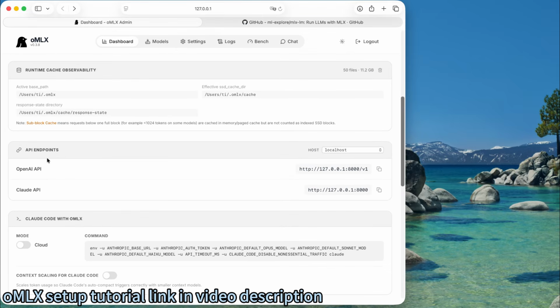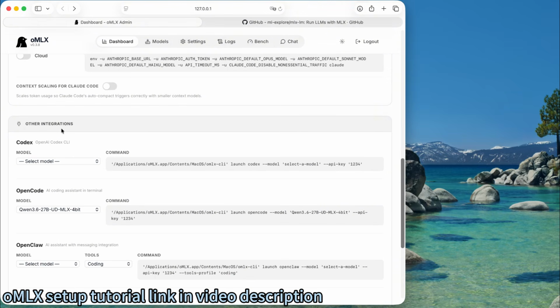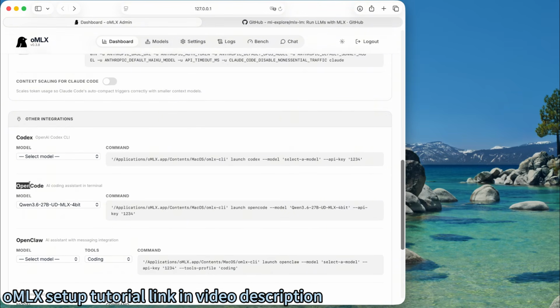There is an API endpoint, which you can use directly. There's OpenAI or Claude here. Scroll down, there are other integrations. Today I'm going to use OpenCode. If you don't have it, you need to install it first, but this command will show you how. First, you select the model you want to use. We will use the 27B, the 4-bit first here. It will show you the command. You copy that